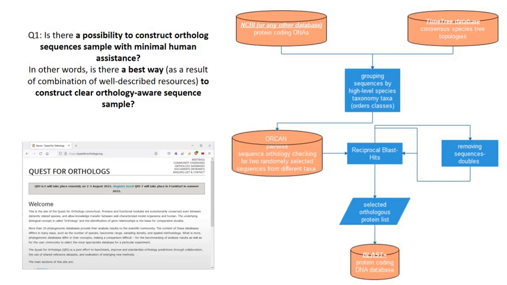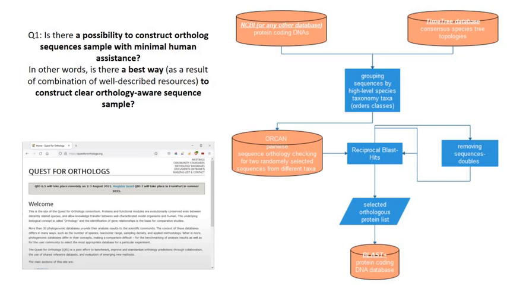In order to solve this issue, we concentrated our attention on two web resources: the TimeTree database, which deposits the topology of the species tree reconstructed mainly on whole genome comparison data,